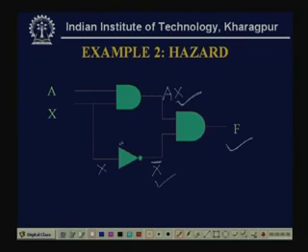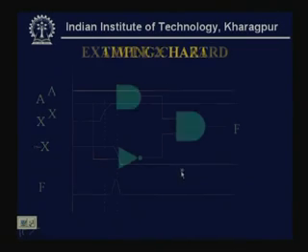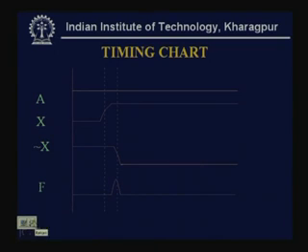Now, if this inverter has a delay which is greater than this AND gate, then this AX will be available first, but this X complement is delayed. Or the reverse thing can happen, that the AND gate has more delay than the inverter. Then what will be the timing chart? Or if we draw the timing diagram of this particular example, then